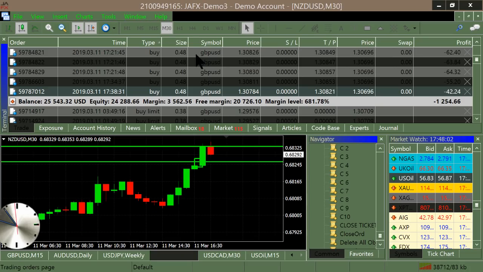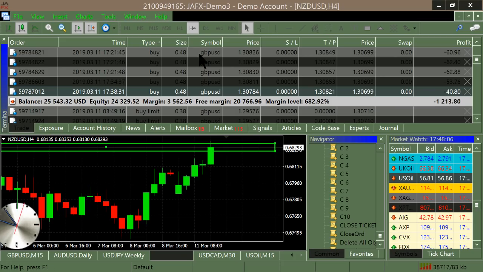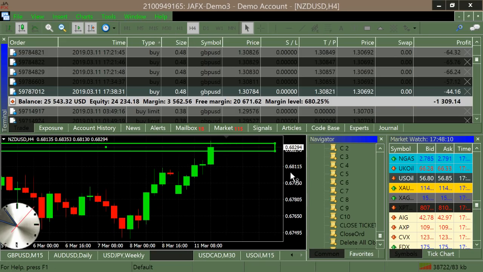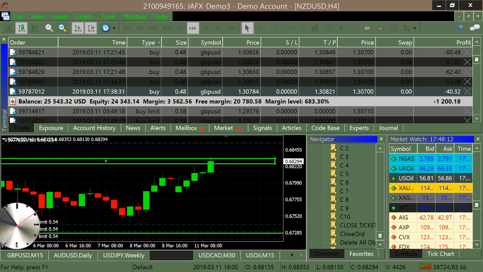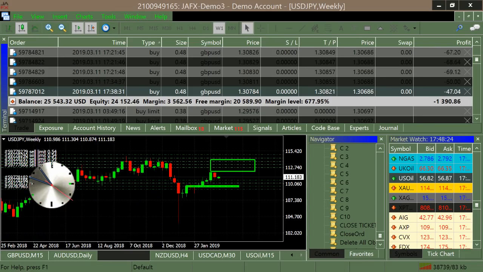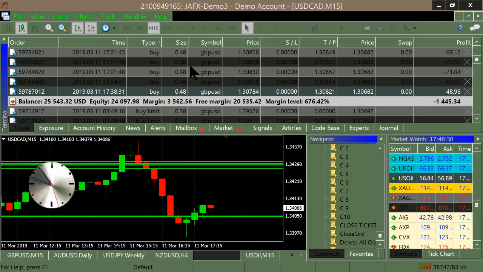Now, that would be quite a babysitting job to scalp that, and in the big picture, you can't even see that trade. If you go to the 4-hour chart, you're like, where's your trade again? Tell me about your full-time trading. I don't know if you even have to be a full-time trader. In fact, full-time traders probably don't make as much money as a swing trader, because a swing trader can put in a 500 pip stop, where I guess a full-time